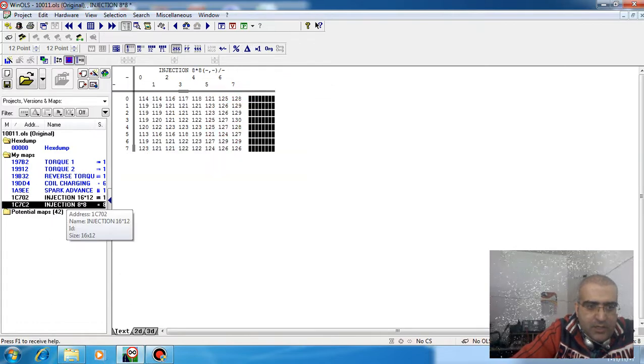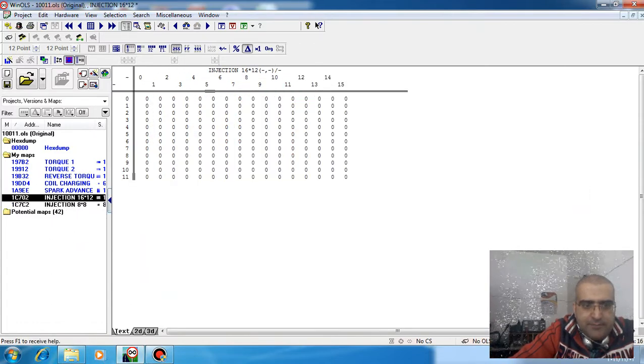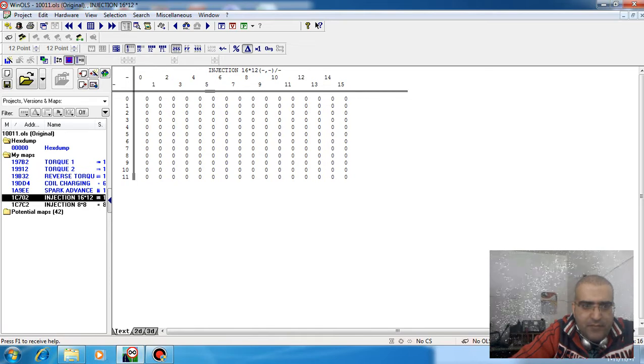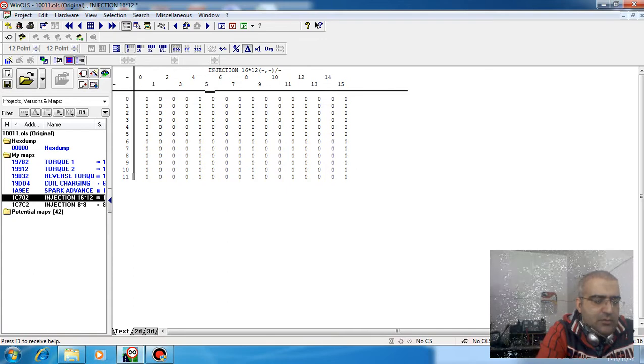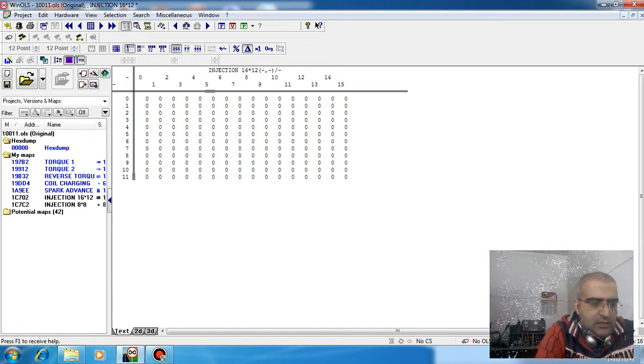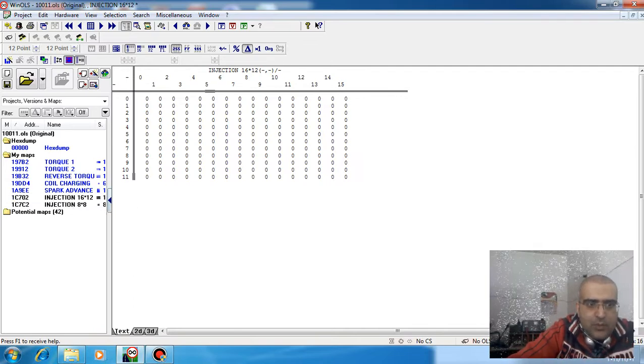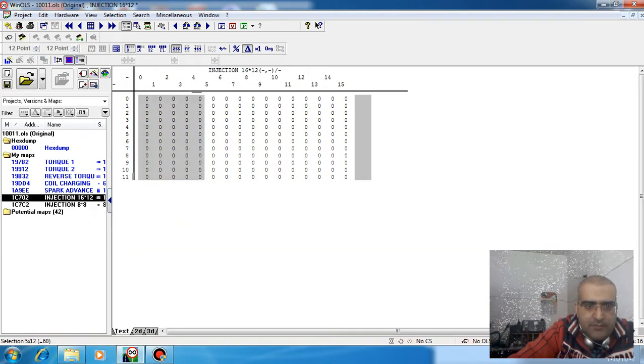Okay, the injection always a little less than your digit. Yes, a little less than the spark advance in the injection, and you can select this map and